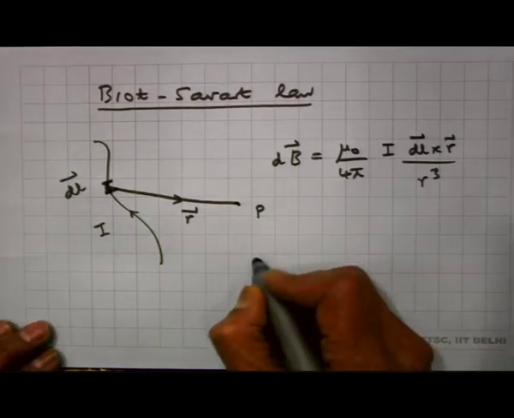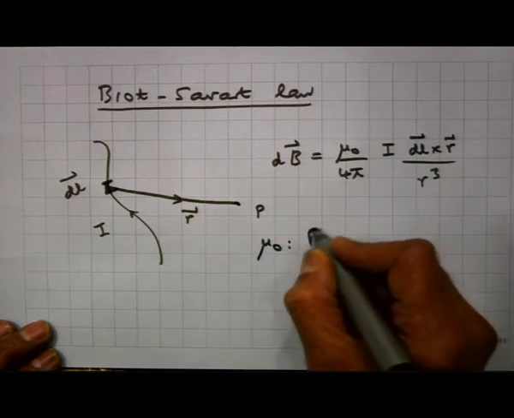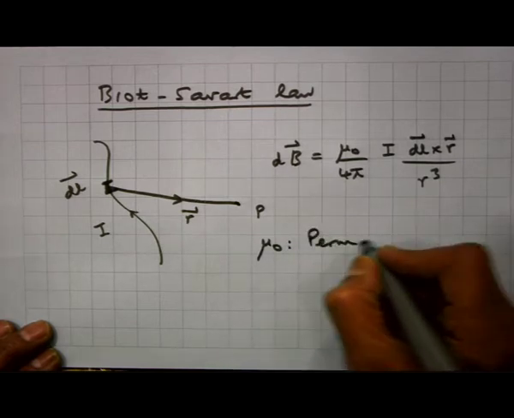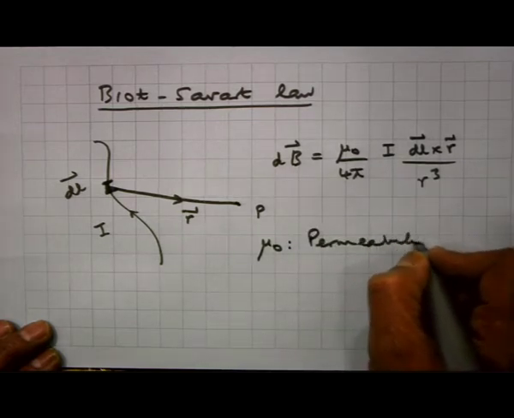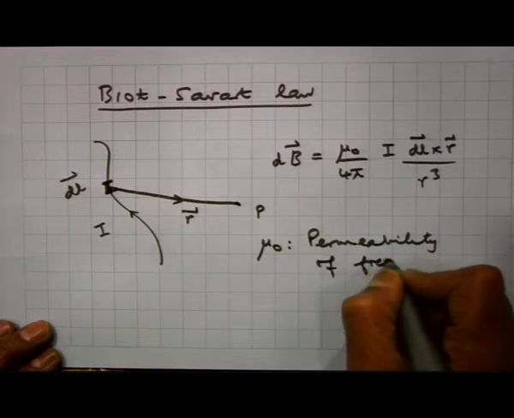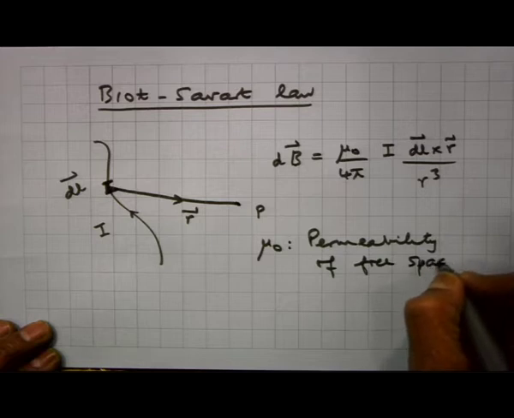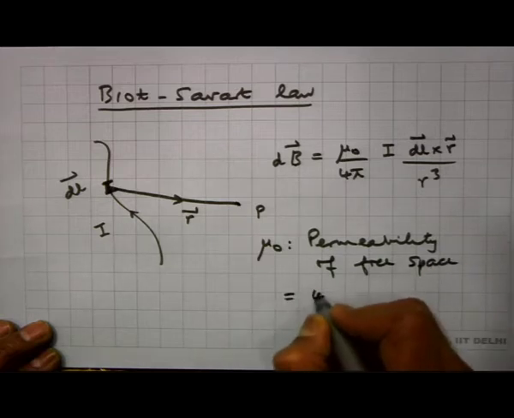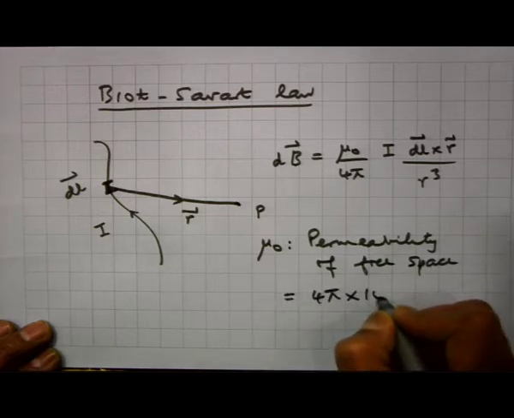Mu 0 is the permeability of free space, and has a value 4 pi times 10 to the minus 7